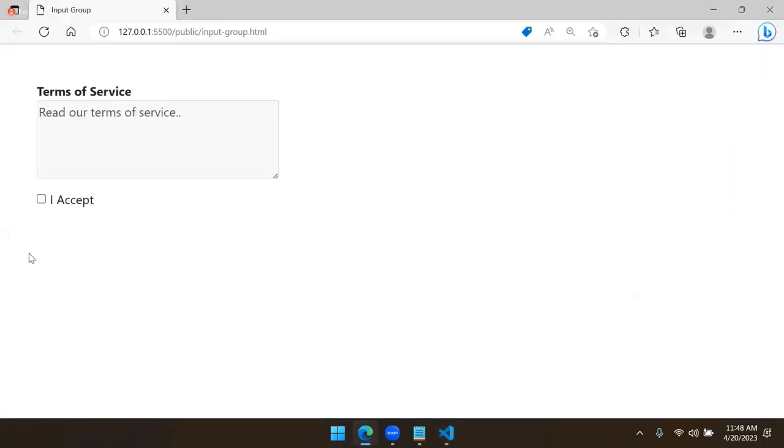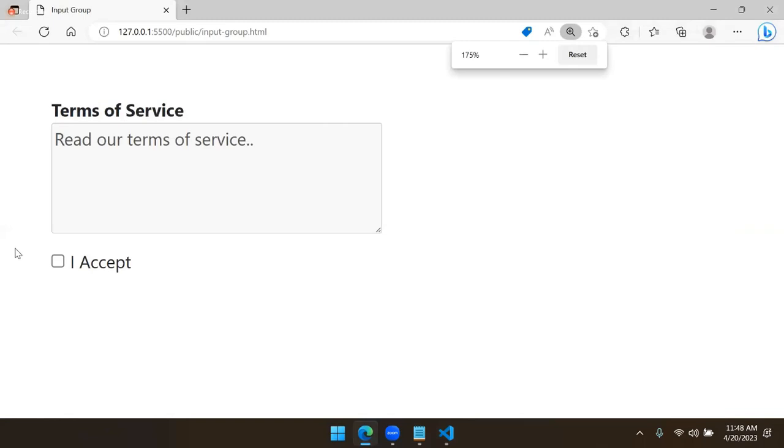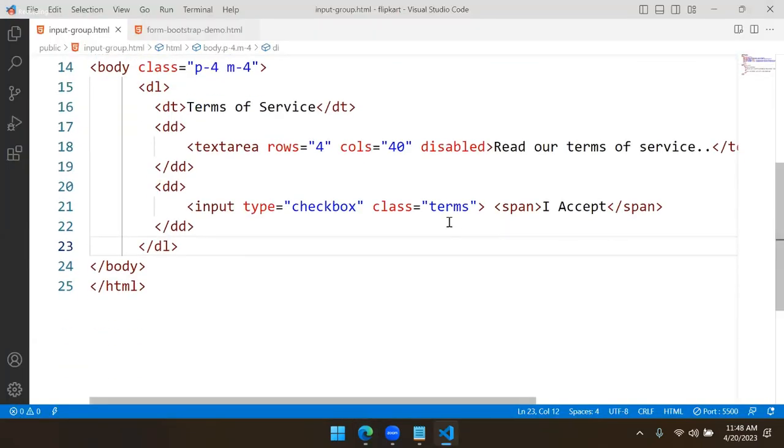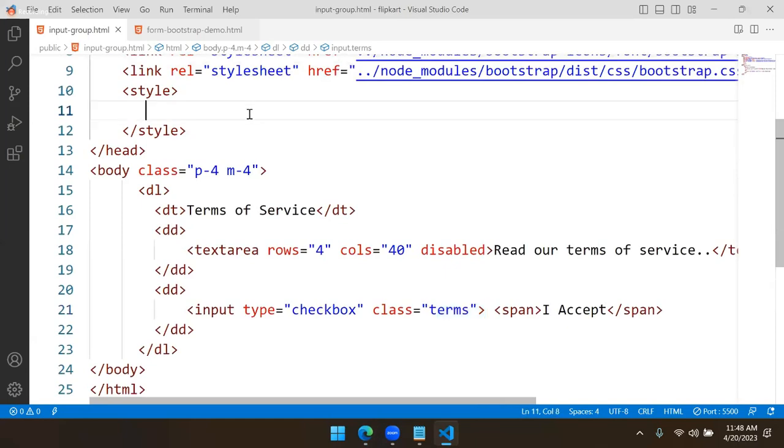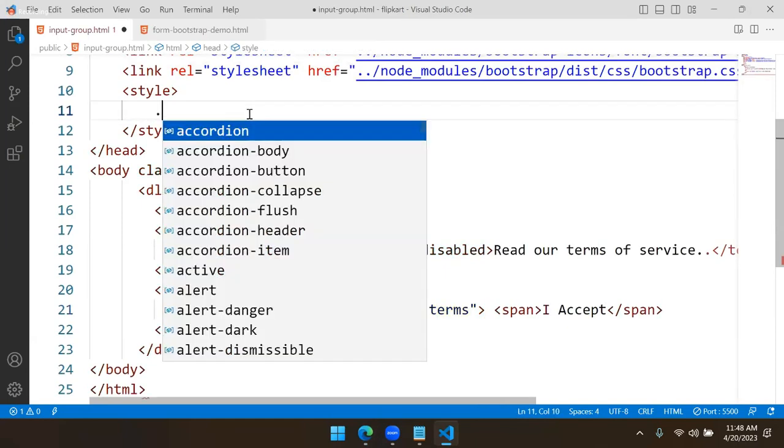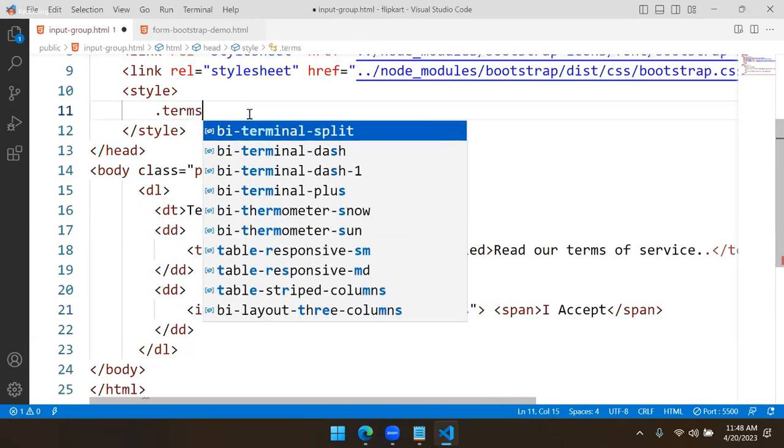Now what happens in this is, if the user is not selecting the checkbox, it should be in red color. If selected, that should be in green color. That means, how do you verify whether this checkbox is selected or not? Actually, we would have to do that with logic, JavaScript is required for that. But now we can simply verify by using CSS, dot terms,